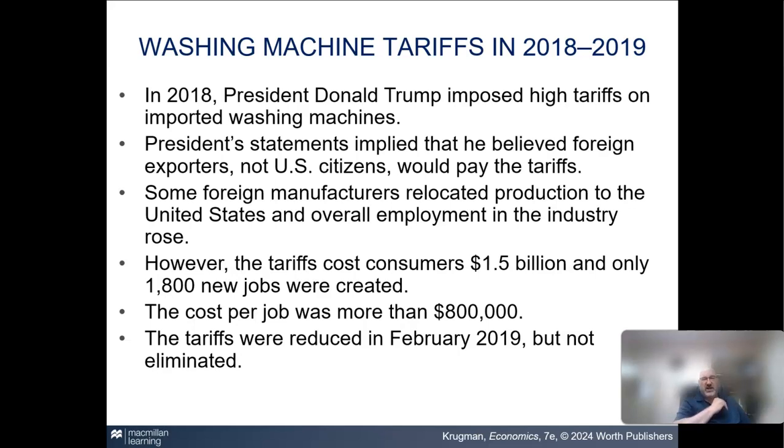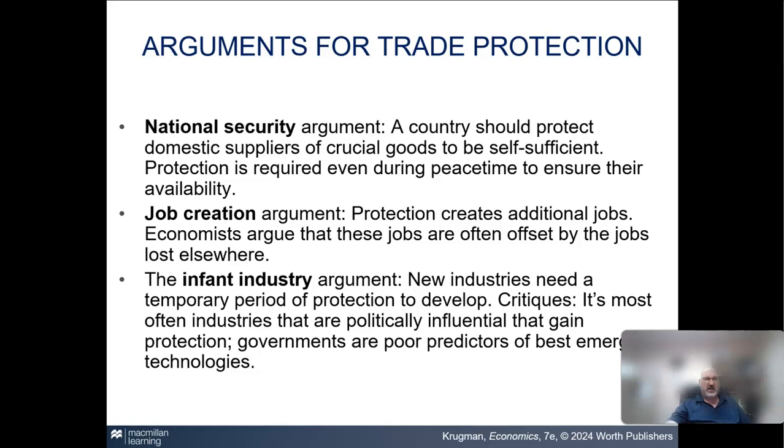However, the tariffs cost consumers about 1.5 billion and only 1,800 new jobs were created. So that's about 800,000 per job. And trust me, that's not how much these cats were getting paid. So the tariffs were reduced in February of 2019, but not eliminated. And that is where we're going to stop. Video 3 will start with the arguments for